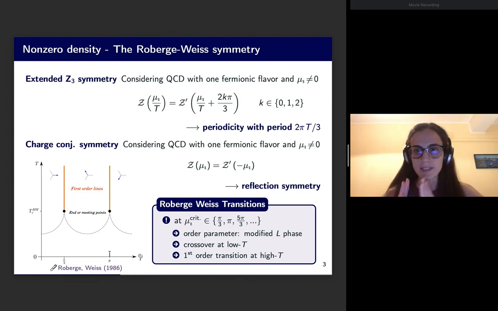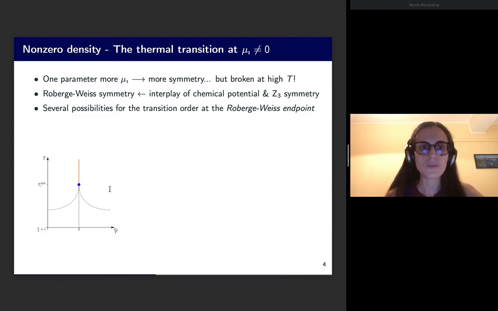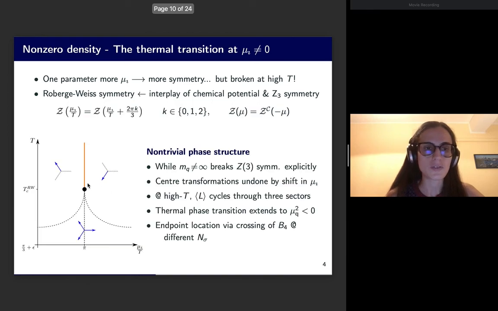If, in the setup in which you keep mu_I fixed, you just change the temperature, so it is really scans that are happening along the Roberts-Weiss lines, those kind of analyses that I'm talking about. And then what can happen? There are several possibilities for the order of the Roberts-Weiss phase transition in correspondence to this black dot, which I